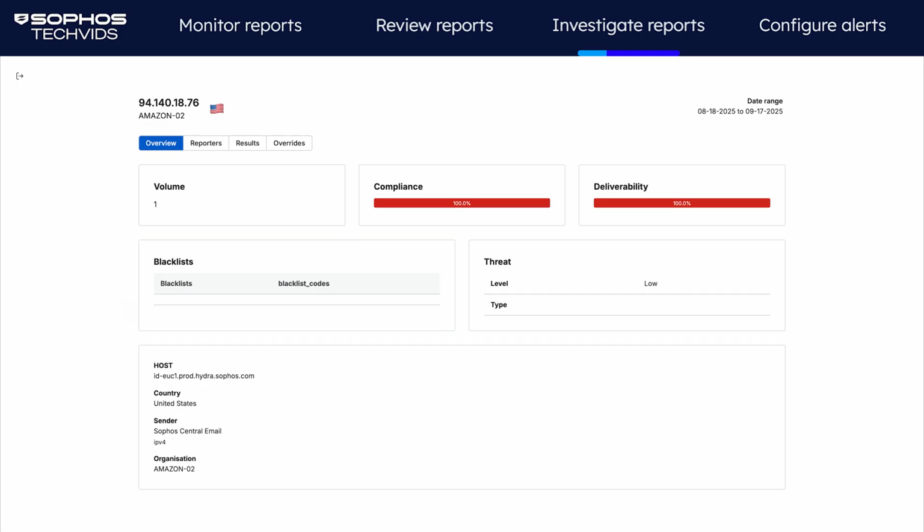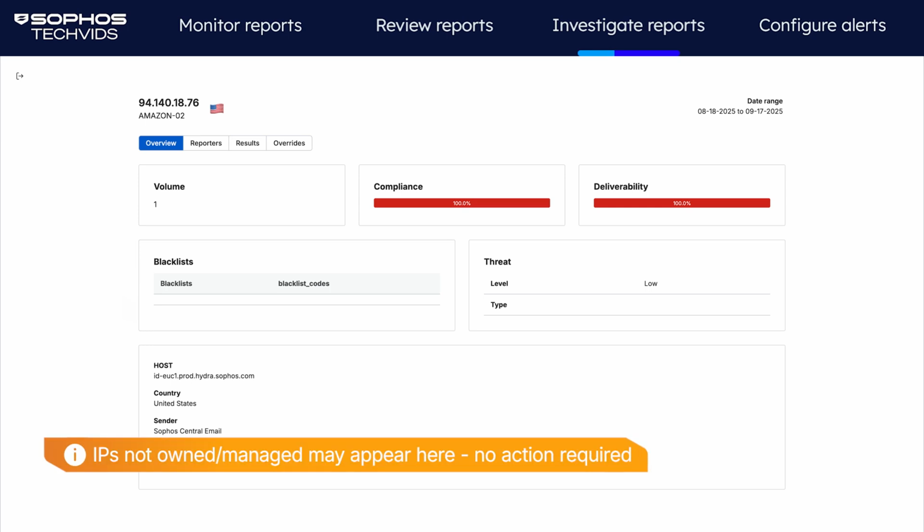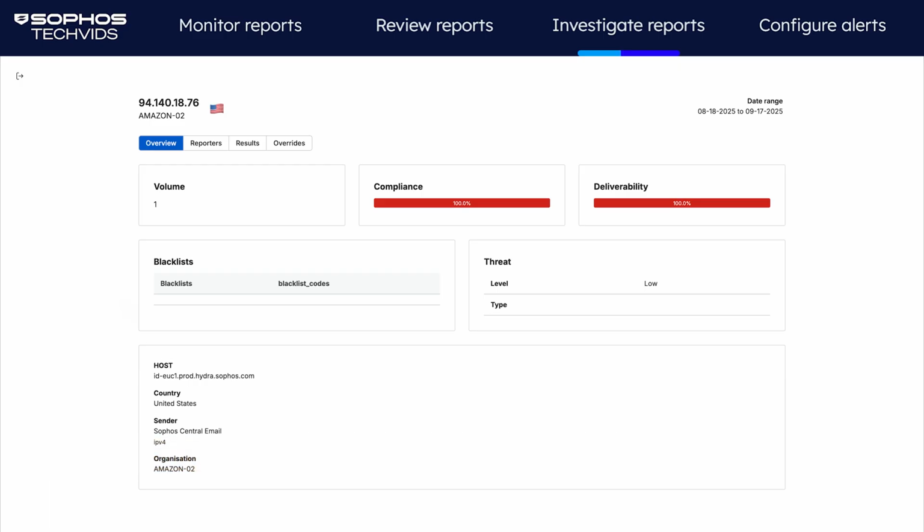If this is an external provider's IP address, like Sophos, Microsoft, Google, etc., you can generally ignore these, as they're IP pools used by thousands of organizations. It's expected that IPs you don't own or manage may have entries listed here, so no action can be done here and is primarily for informative purposes. However, if this was an IP address or infrastructure you manage and/or own, you can make any necessary delisting requests.